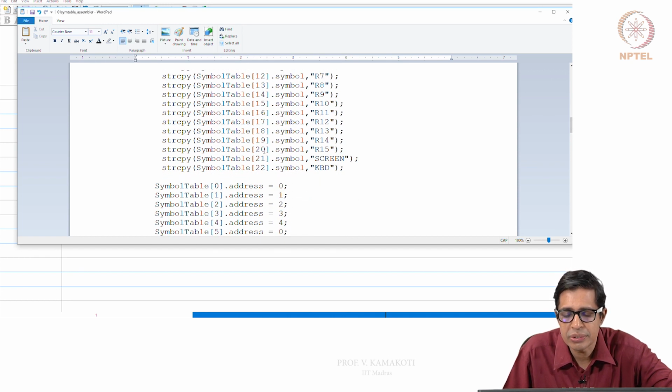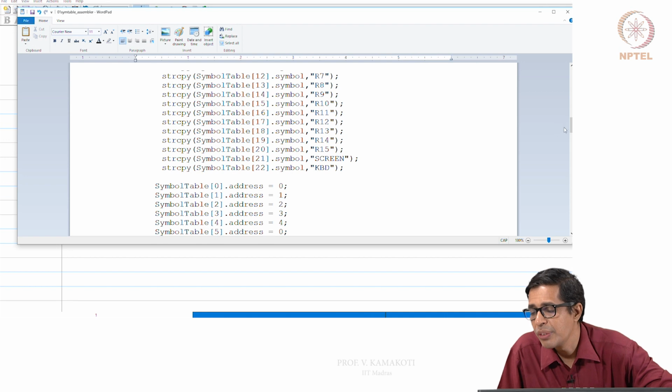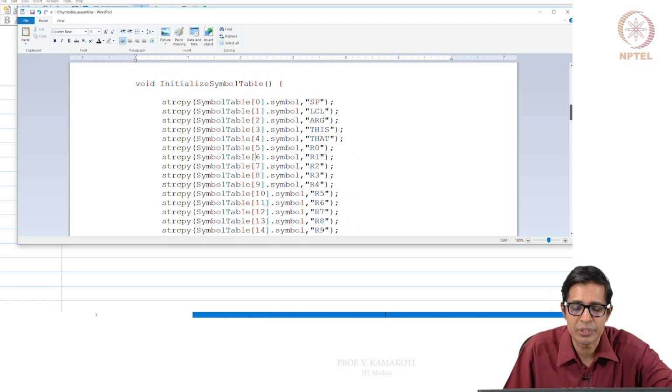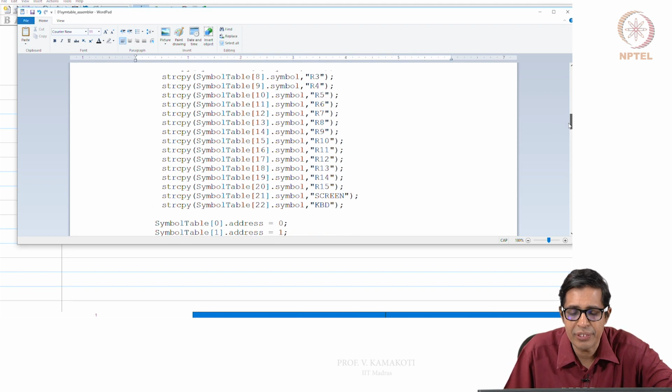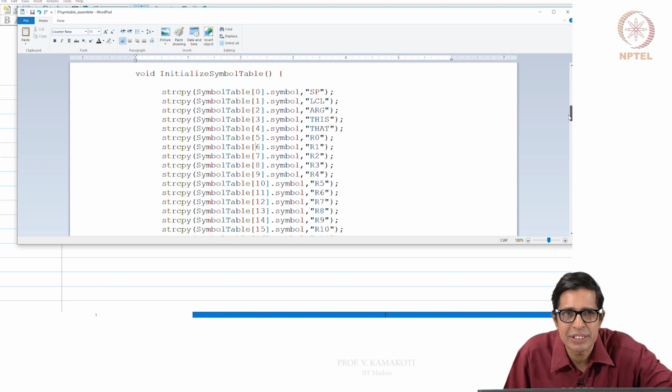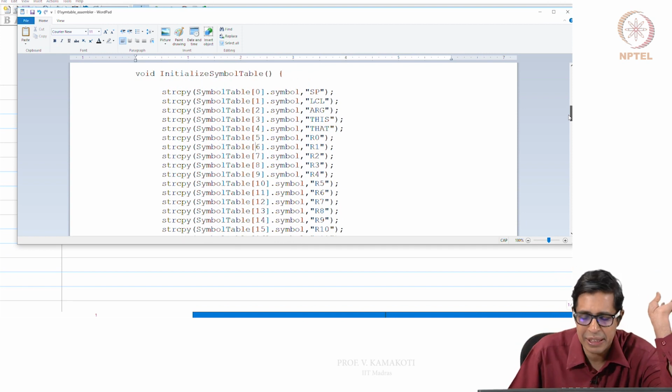Then 21 is screen, 22 is keyboard. Now these are all the symbols that I am showing. So initially we have something like 23 symbols that are already part of your symbol table.